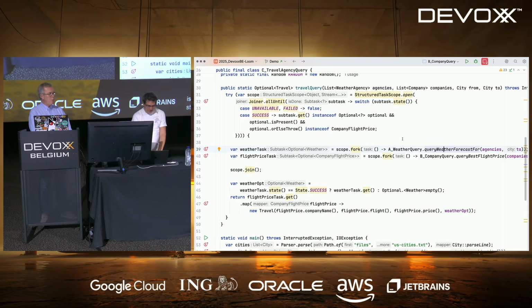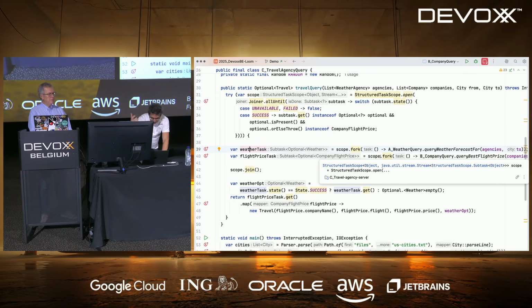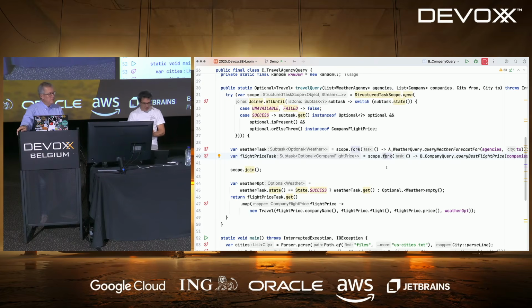So in this case, basically I want to wait until I have the result of the flight. So I will fork the weather task, I will fork the flight task, and I'm using all until.